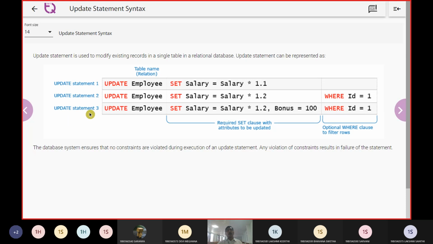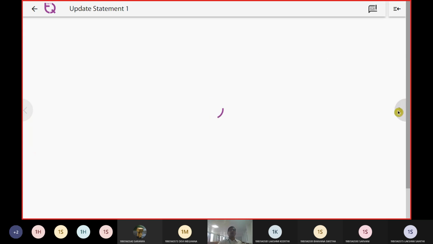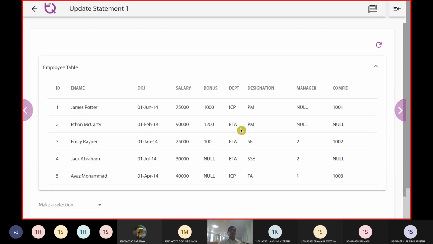Similarly, we have another update statement where we are going to set the salary with some 20% and bonus equals 100, assumed purely for the ID. So what are we targeting here? The targeting was first we take up the column, next we are taking two items and we are providing it with some condition.